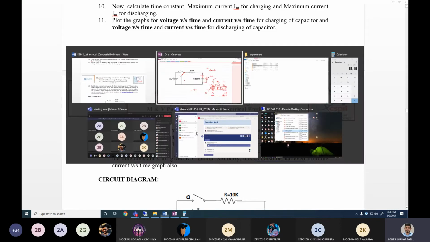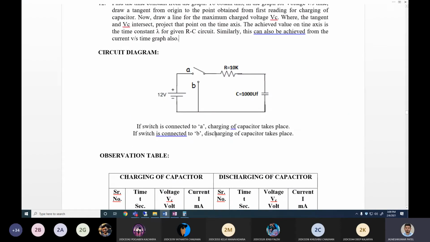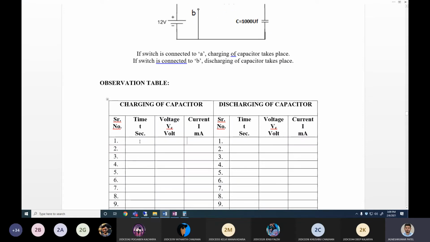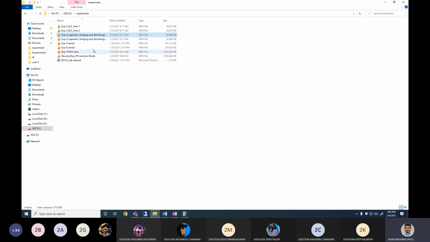Before that, let's complete how to take the readings, or what the readings are. The important part of this experiment is that I'm going to provide you the readings, because it would be very difficult for you to take these readings using a video. So I'm going to provide all these readings afterward. But first we'll see whether the charging and discharging works in the way that we know. So let's first enjoy the experiment and then we'll take care of the readings.